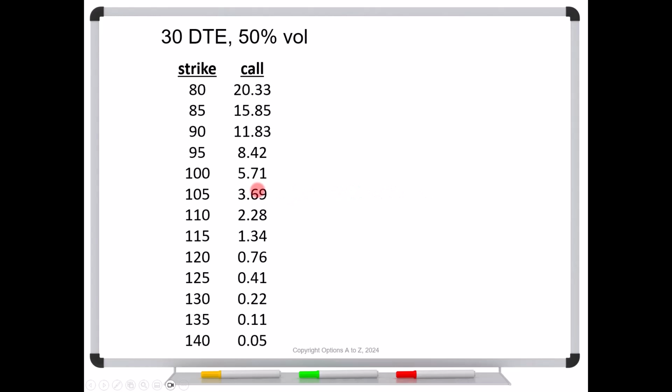But notice that we can also spread these out wider. Would it make sense to buy the 100 call and sell the 115 for $1.34? Well, that's 23% of this 571 cost. Yeah, I would entertain that idea. And again, you don't want to look and say, well, it's highly unlikely for the stock to rise more than 15 points. The question is, is it worth collecting $1.34 to sell off those fat tails? But beyond that, you'd have to really start questioning it.